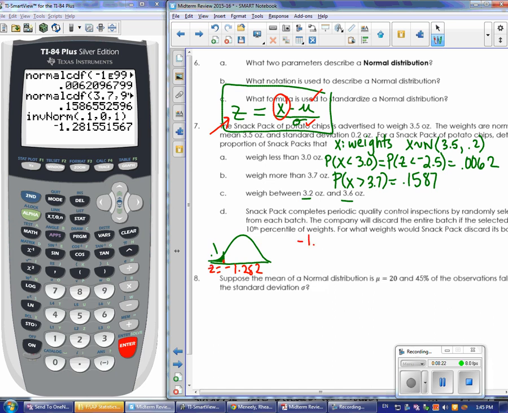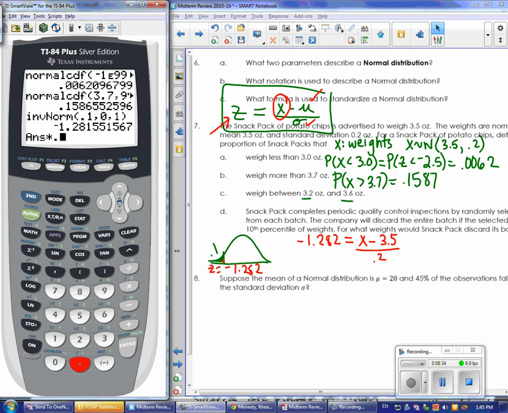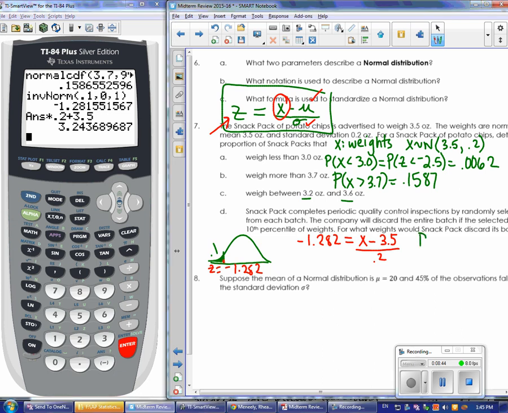So if I have negative 1.282, and that's going to equal x minus my mean, which is 3.5, over the standard deviation, which is 0.2. So I basically just need to multiply by 0.2 and add 3.5. And that gives me my x value. And if this were a free response, I'd want to make sure that I'm saying they would discard batches less than 3.24